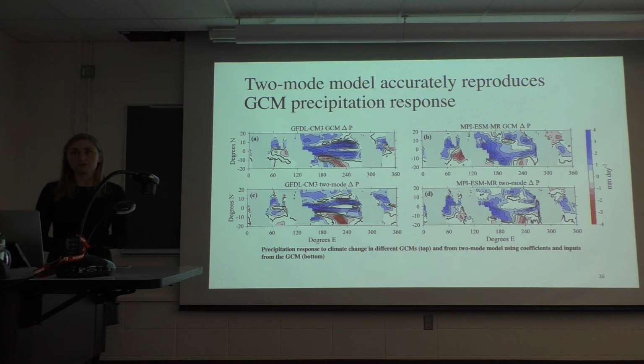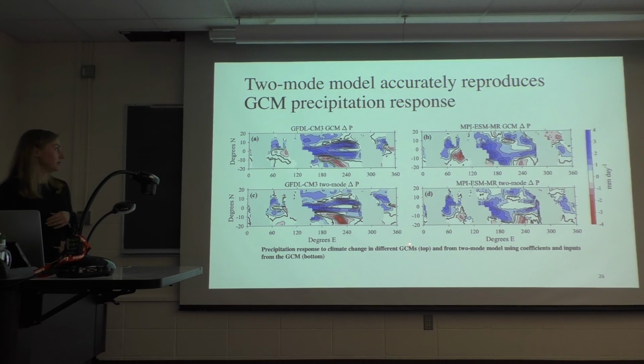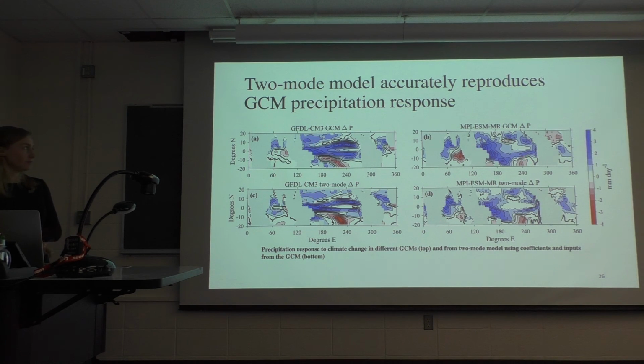So what we've done is we've calculated all those many coefficients using GCM data, and then put monthly mean SST and monthly mean surface convergence from the GCM into the two-mode model, and this is how it does. So we can compare the GFDL model and the MPI model separately. And to me, the takeaway from this is that even though these two GCMs have very different precipitation responses to climate change, the two-mode model does a pretty good job in both cases. It's capturing this